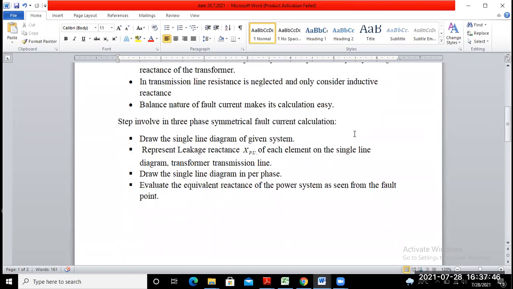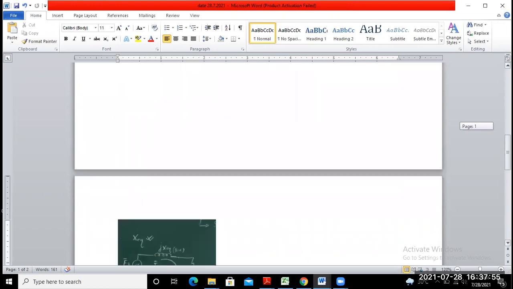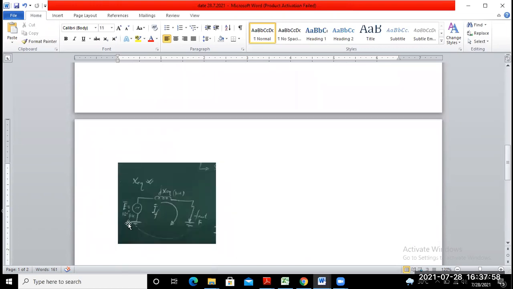So when you follow this step, your circuit looks like this. That means EMF induced represented by E, in per unit, that means equal to 1 at an angle of 0 degree, and equivalent leakage reactance up to the fault, that is represented by X equivalent, connected in series with the EMF voltage, and then finally connected through the fault. At this point the fault takes place. So the path of this current, that means fault current, is represented by IF. So how can we find the IF here?